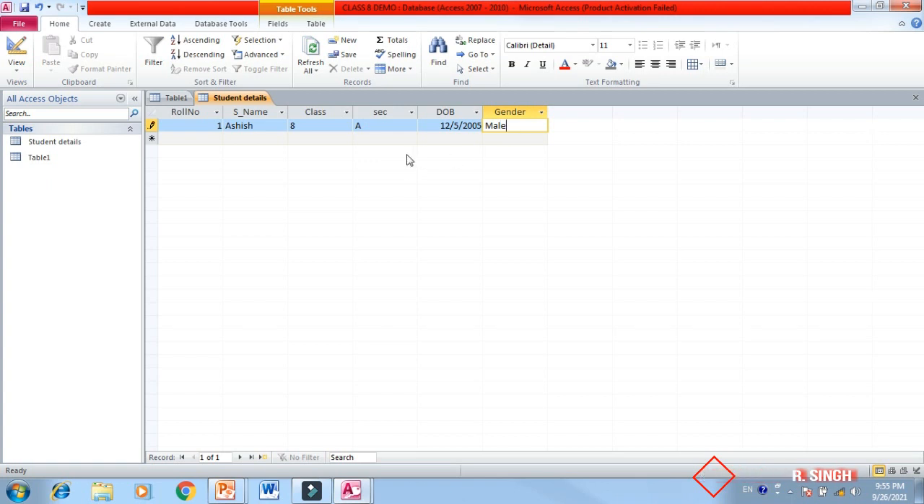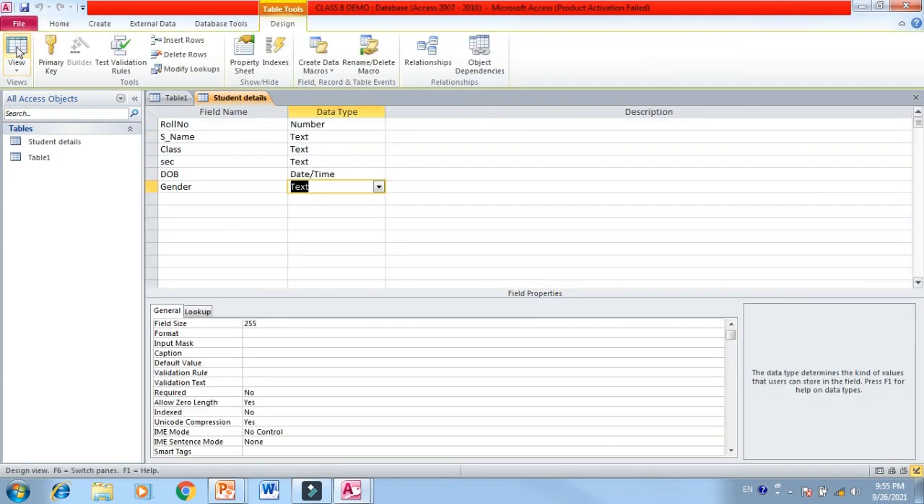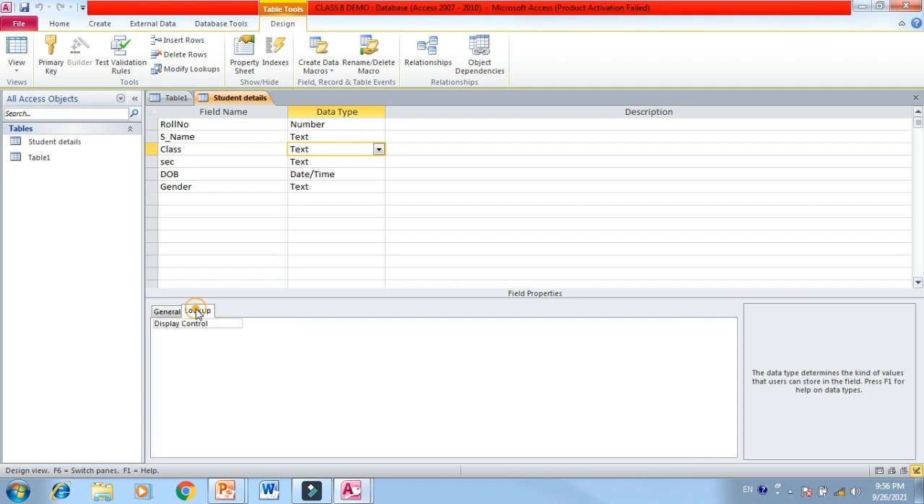So what to do, you have to go to the design view again. Let me show you how. Go to the design view, go to the class. As I told you, in the class I want to give three options to the users. As you click on this class column, its field properties will open below. Click on the lookup. By default it is a text box, the display control. We can change this